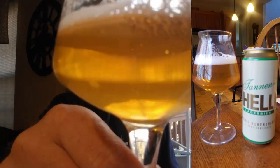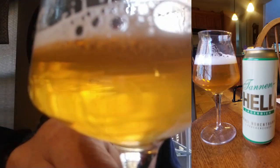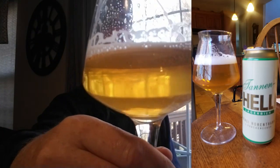Ooh. You got strong, pretty highly carbonated, but to be honest with you guys, you got that cereal grain, Pilsner sweetness to the malt, which is good. But I'm getting some papery component. I think this beer is oxidized. If I look at the color too, it is more gold. This beer is usually straw to maybe light gold for a Helles, so I wouldn't criticize it sheerly on the color, but because I just tasted it,